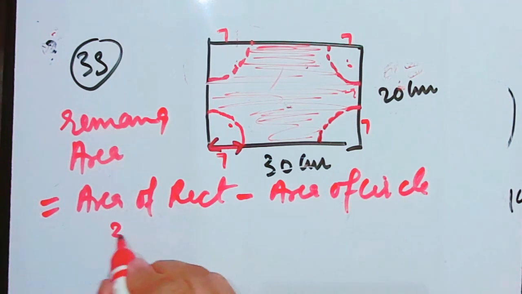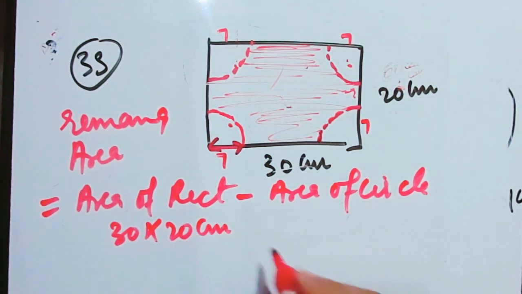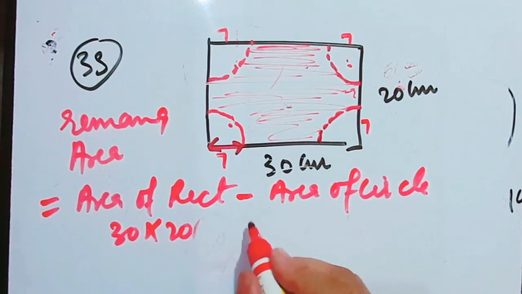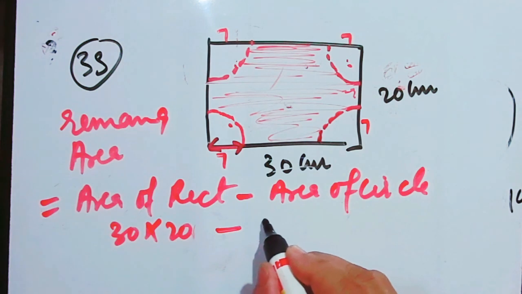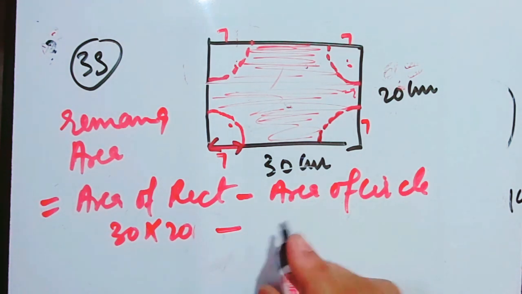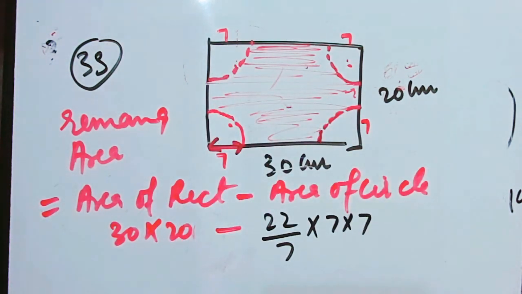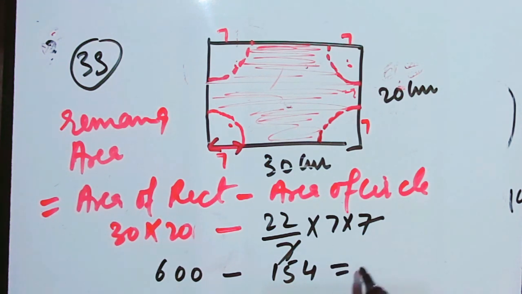Area of rectangle is equal to 30 into 20, I will put the unit later on, minus area of the circle, that is pi r square, 22 by 7 into r, which was 7, so 7 into 7. If I cancel this, what am I going to get? This is 600 minus 7 2s are 14, 154. So 600 minus 154 will give you 4